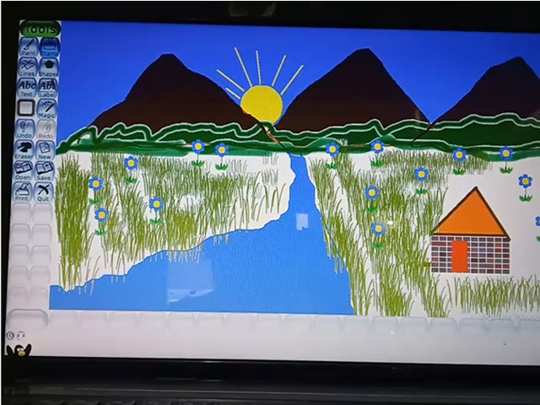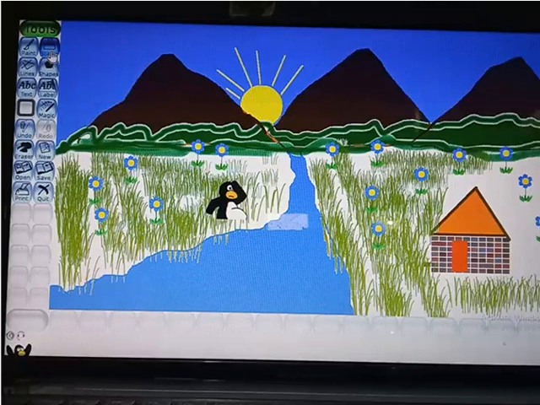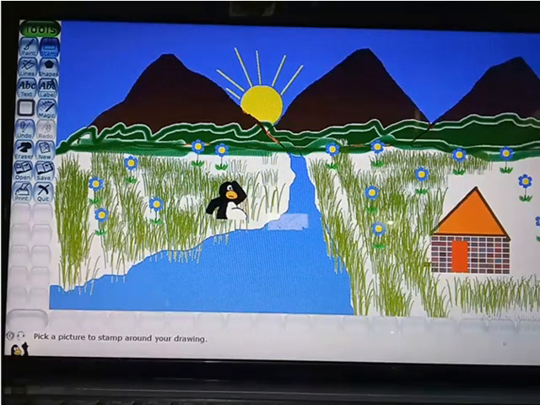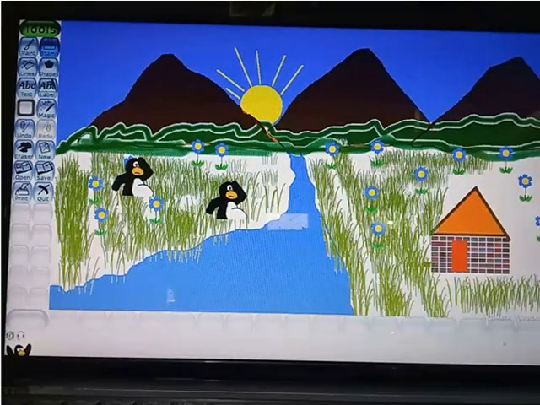Suppose I want to draw this one. This one I have drawn here. Now I want to draw a stamp of this, so I can draw this one again. After clicking again, I can draw this here. As much as you want to draw, you can draw using the stamp. Stamp means the same copy of the particular figure.